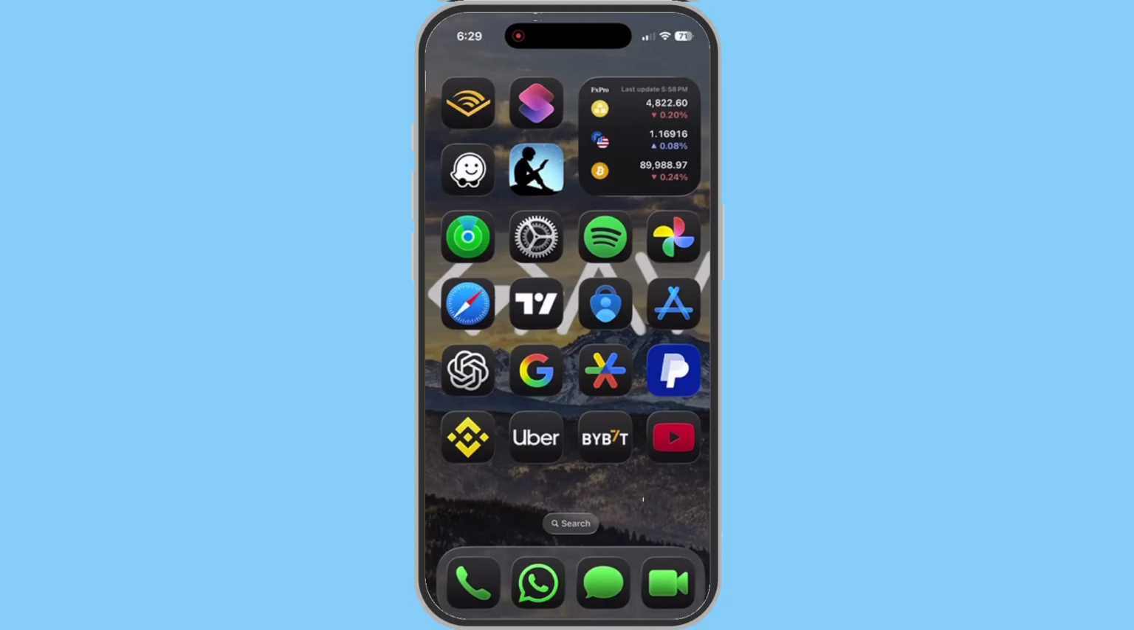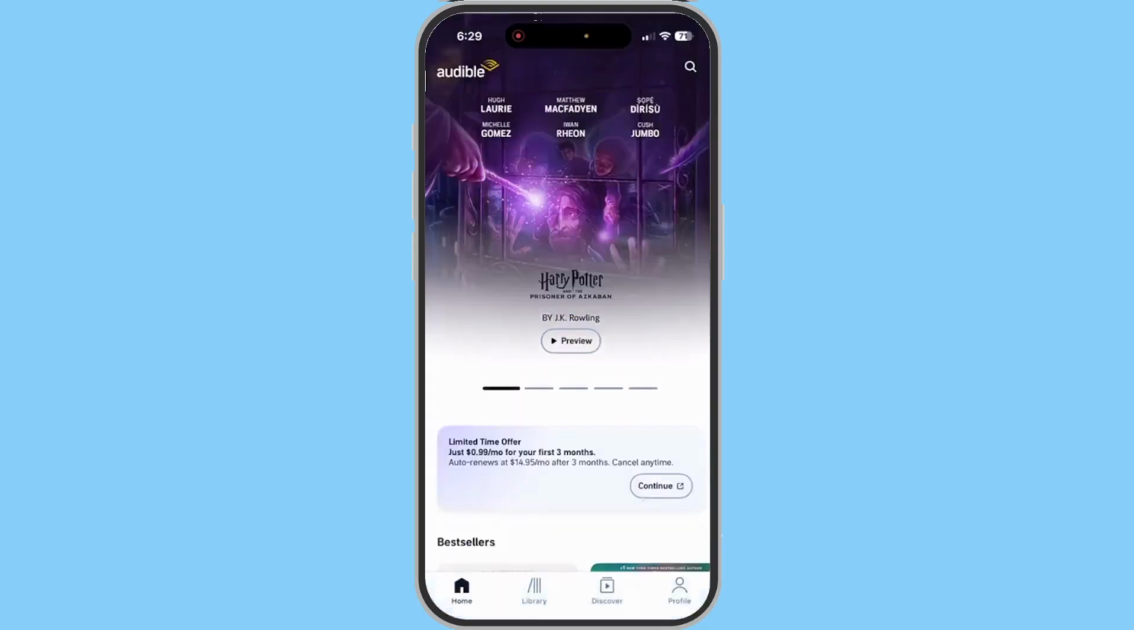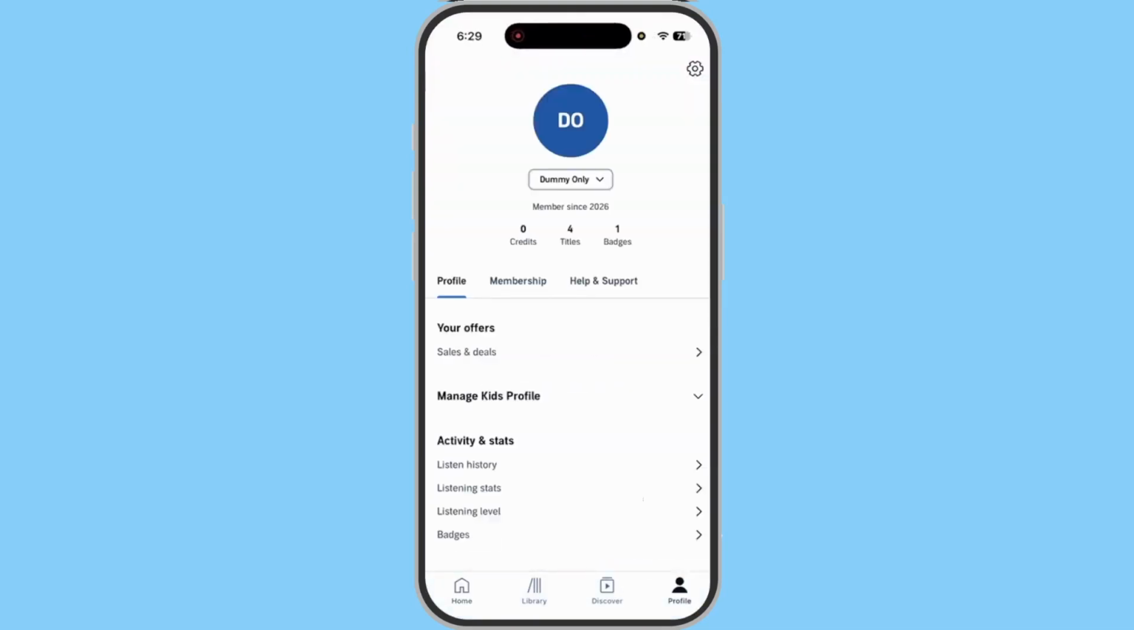Start by opening the Audible app on your iPhone. Give it a second to load your library and home screen. From here, look toward the bottom right corner and tap Profile. This is the section of the app that holds your account details and app preferences. If you're not sure you're in the right place, you should see your listening stats and other personal options on